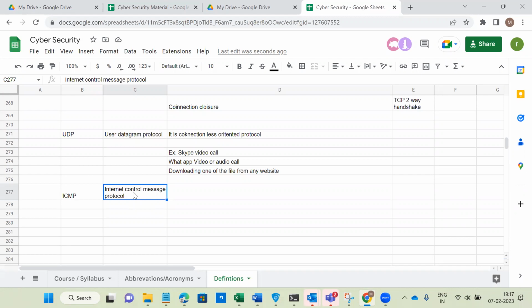Okay, but unfortunately, it doesn't have any port number. There is no port number required for communication purposes. There is no port number required for ICMP. Where will we use this ICMP protocol? Wherever you are sending a message, those places will use the ICMP protocol. Example,